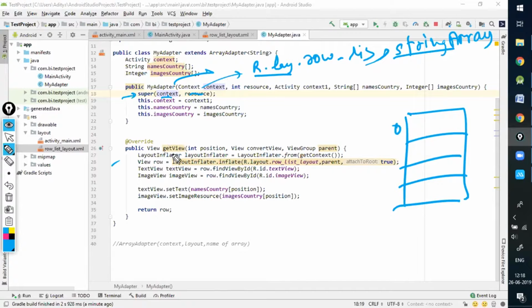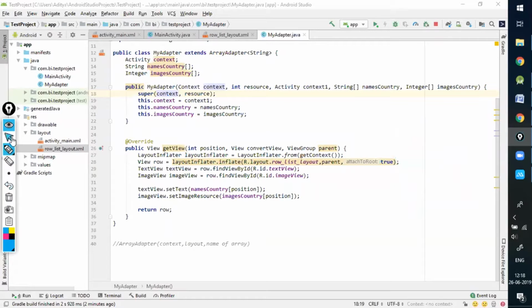For example, the first one is there. So it will call getView, it will bring the box into the list view, and the box will be visible. Then it will check if more items are there. Then it will again call getView, bring the box, assign it, and it is visible. That's how it works. But the big question is how my adapter will be aware of how many elements are there. So in order to make it aware, I'll pass a third variable inside the super.